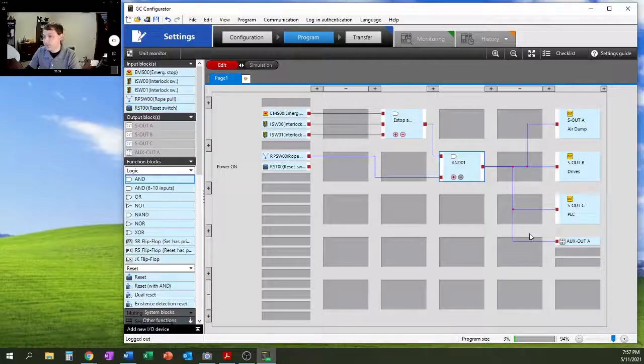Okay. With that being said, though, I have a reset button here, and I need to use this reset for something, because I don't want these to just be like, oh, well, the e-stop's been cleared, now power the machine back up. No, I want to physically know that that machine is down,